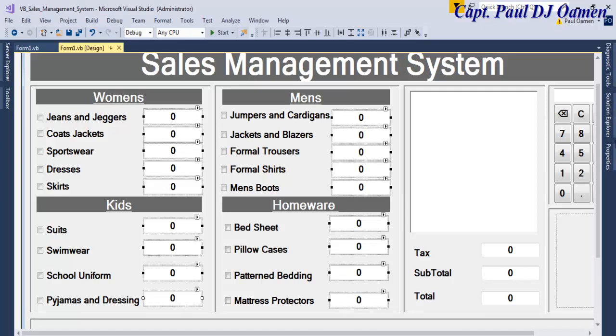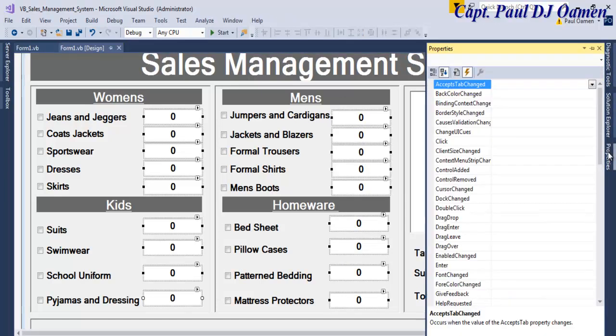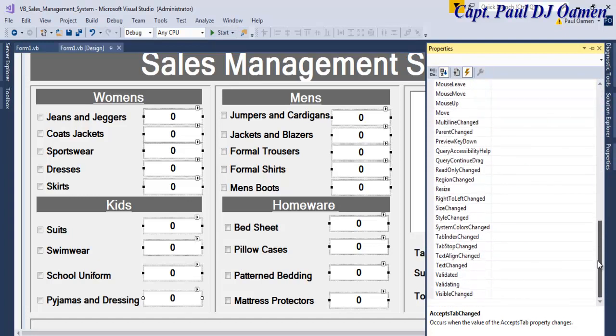And what I will now do is to go straight into the properties, and I need a procedure or an event known as validated. There we go. Inside the validated, let's give that a name, enter number,